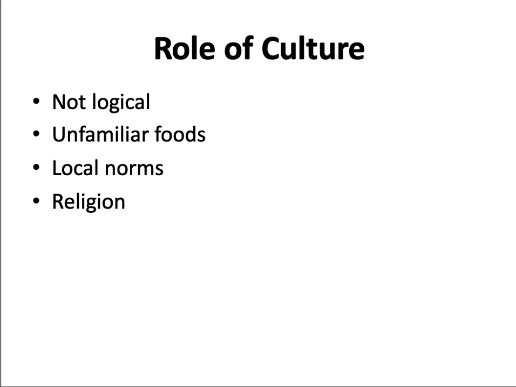Local norms for what to eat and how to prepare it, guidelines that a psychologist named Rozin calls cuisine, reinforce many food preferences. Religion and cultural values often tell people which foods to avoid. Taboos are certain types of food that may have been adaptive in the past because these foods were likely to contain harmful bacteria. Many food taboos and preferences are idiosyncratic and reflect an evolved group preference for specific foods prepared and eaten in certain ways.